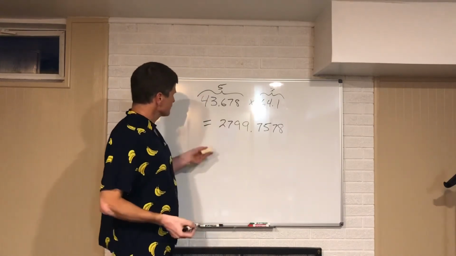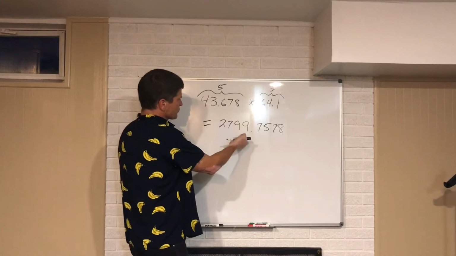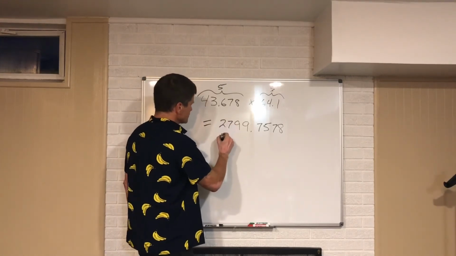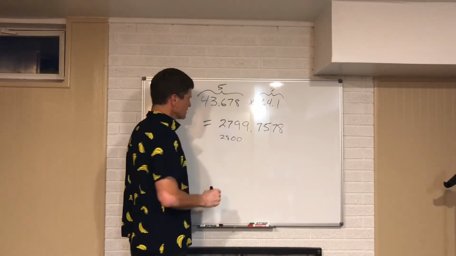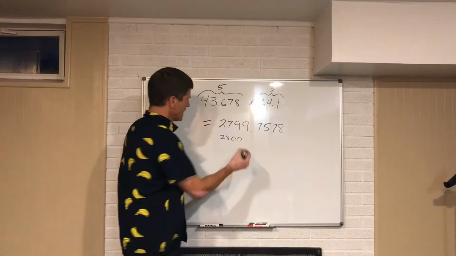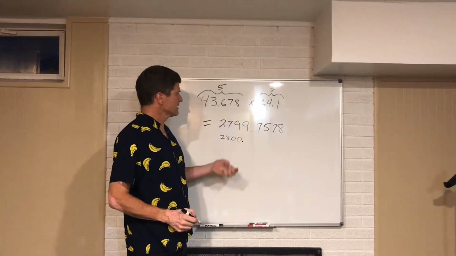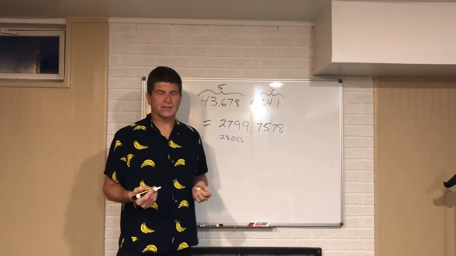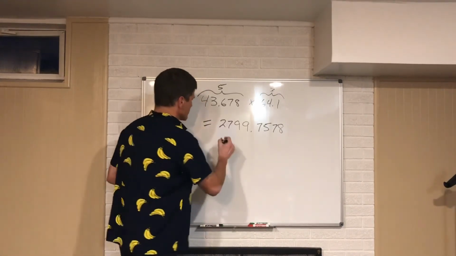So I got a couple of things I can think about here. Well, I'm going to have to round up in this case, but if I put this in as 2800, well, that only has 2 significant figures. Okay, it has to have 3. I can't put a decimal right here because that gives it 4 significant figures. So this is an instance where I want to put it into scientific notation, and the way I want to do this is I'm just going to write down that this is